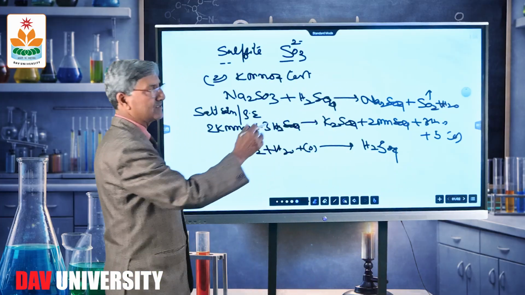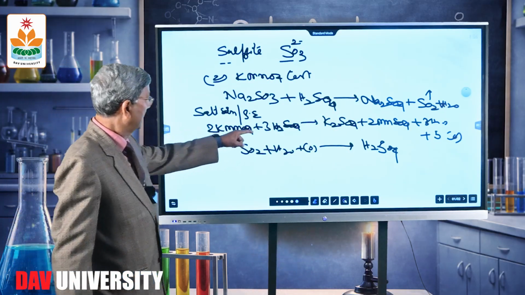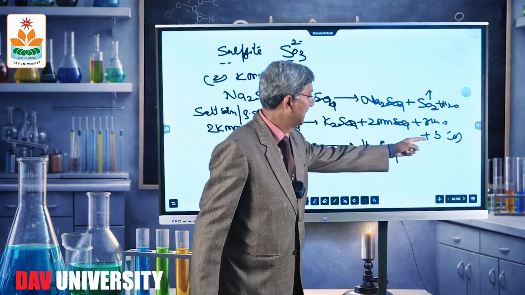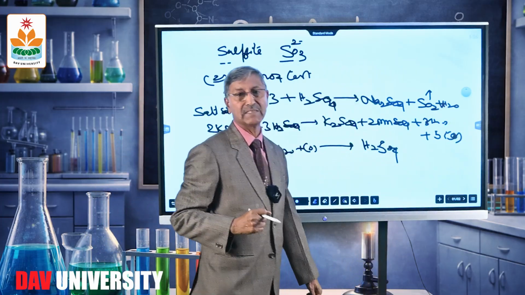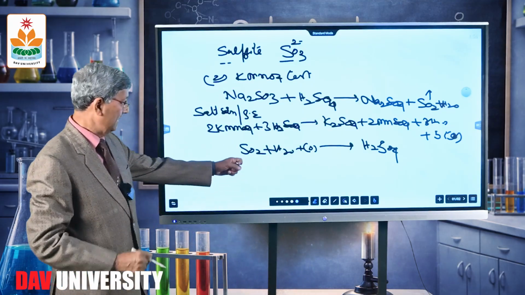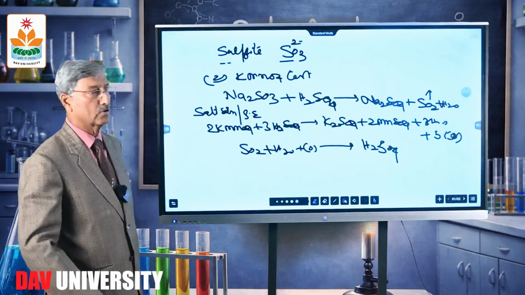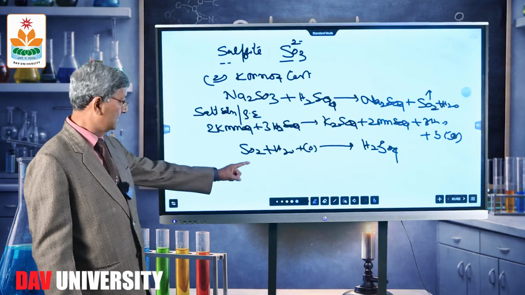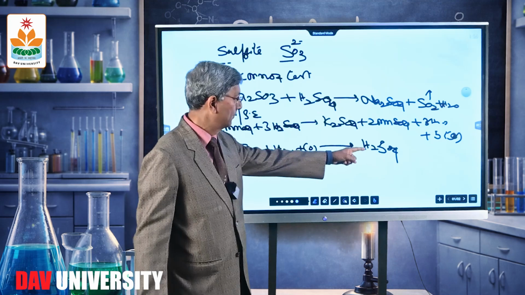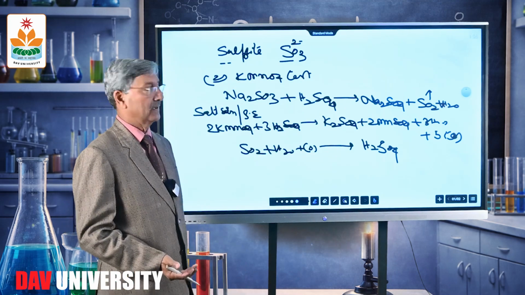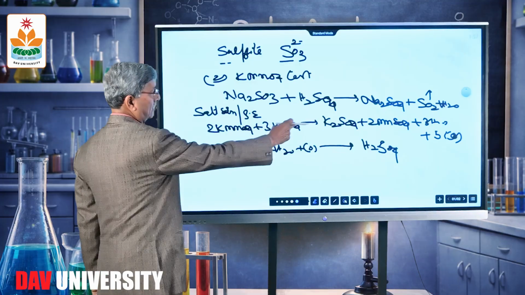Now, I'm not balancing this equation. I simply want to make you understand that acidified KMnO4 liberates nascent oxygen. And this nascent oxygen is an oxidizing agent. As mentioned earlier, sulfur dioxide is a reducing agent or oxidizable material. So this sulfur dioxide gets oxidized with this nascent oxygen to give us sulfuric acid, resulting in the forward reaction in this case.